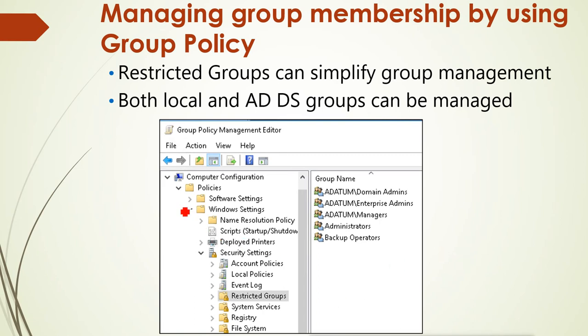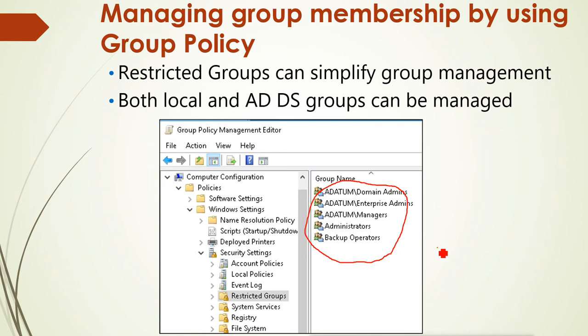In the group policy object, you can go to policies, Windows settings. In Windows settings, you have security settings. Under the security settings, we have restricted groups, and here we can create the restricted groups. Here we can add the restricted group and the membership of that restricted group.